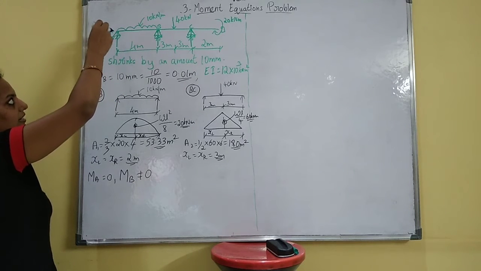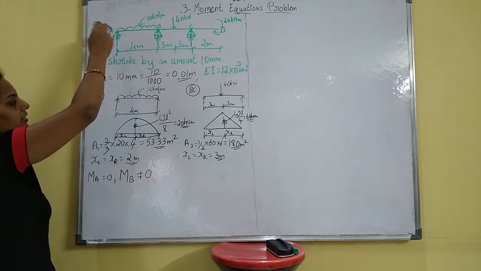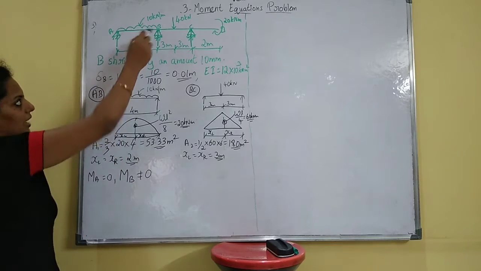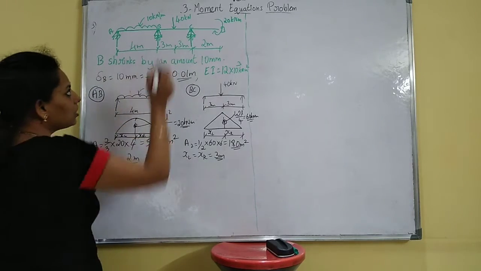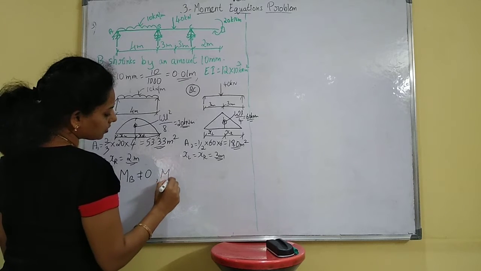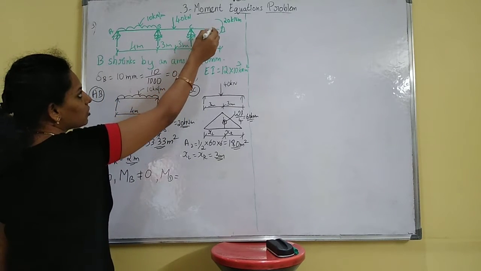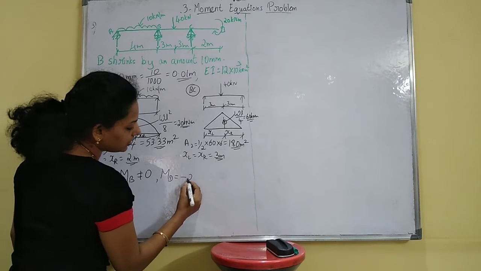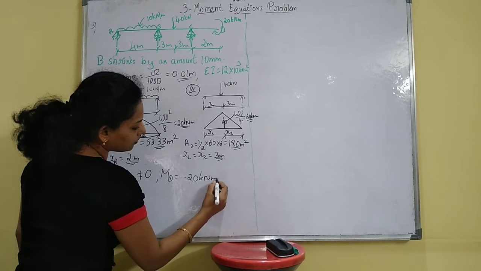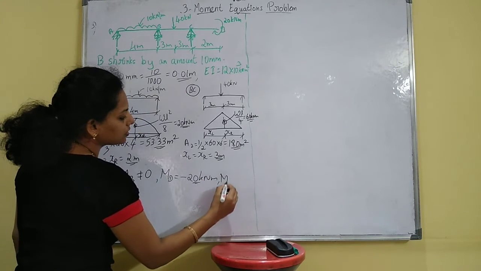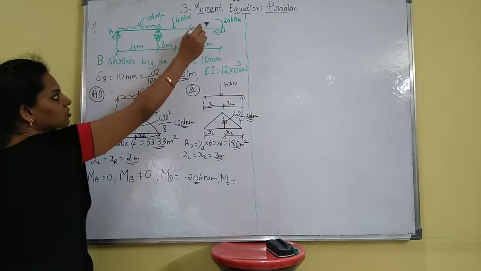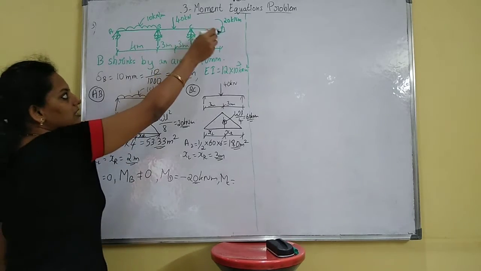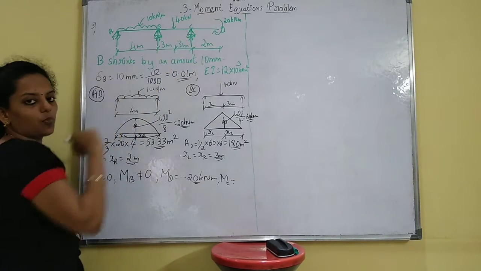Once that is done, next find out the bending moment value at the supports or at the free end. The bending moment at A is equal to 0, so MA is equal to 0. MB you have to find out, which is not equal to 0. And MD is given, it is moving upward, so it is hogging bending moment. Hogging is nothing but minus, so minus 20 kilonewton meter. Next MC. Here there is no other load acting, just a couple acting at point D. So this couple will have an effect on point C also.